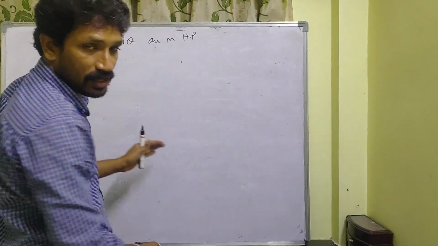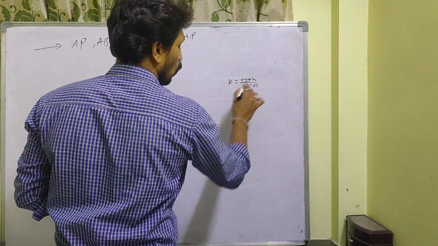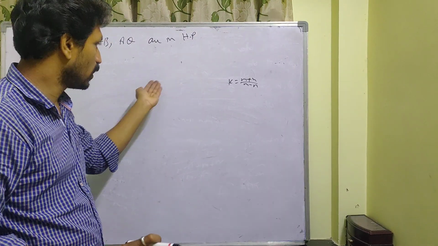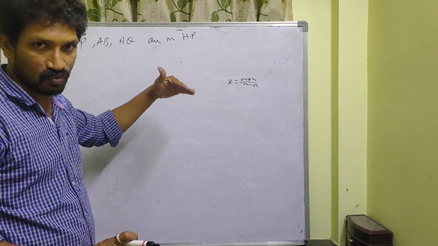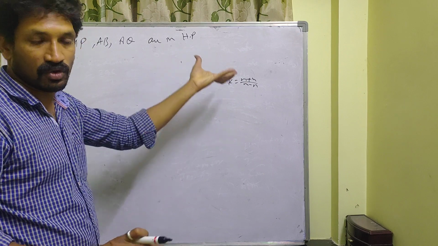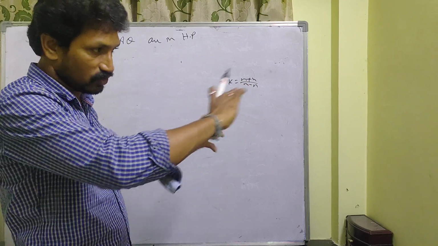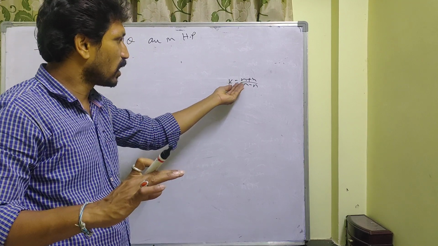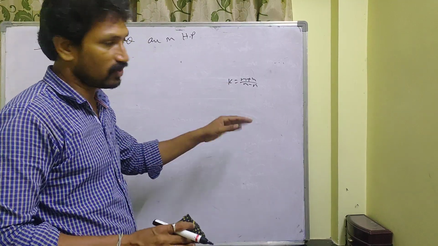So if you have any doubt about k is equal to m plus n by m minus n, once you take this A, P, B, Q, m is to n ratio, and just you apply the previous concept what we discussed, m minus n is to m plus n. Okay, then AB divides PQ in the ratio m minus n is to m plus n, and you apply the concept, you just find out the length, then you can get a value k is equal to m plus n by m minus n. Very simple. Okay, so no need to simplify, just remember.